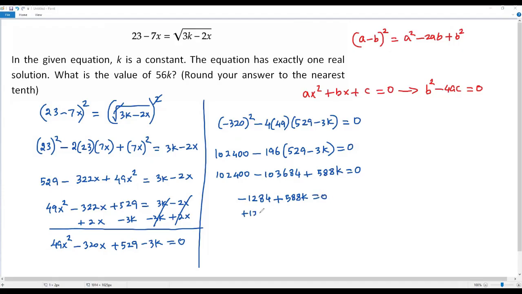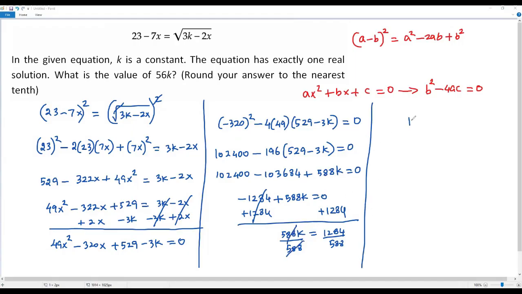Now let me add 1284 to both sides of this equation. Then this negative value and positive value will cancel out. I am getting 588k equals 1284 on the right side. Let me divide both sides of this equation by 588. Then this 588 will cancel out. I am getting k equals